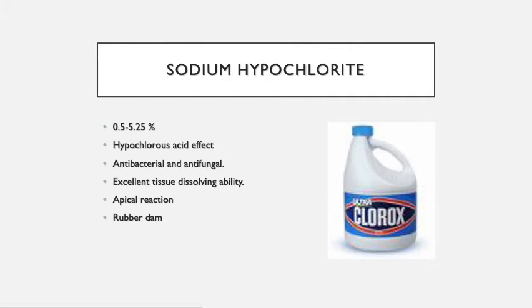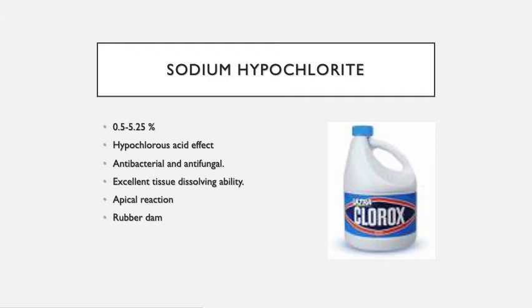Again, talking a bit more about sodium hypochlorite, since it's the most commonly used irrigant, it usually occurs in concentrations of 0.5 to 5.25%. That's the highest concentration that you can get. Even the pure Clorox or the pure sodium hypochlorite, you will get it in that percentage, from 0.5 to 5.25. It mainly works by dissociation into hypochlorous acid. It has both antibacterial and antifungal effects, and it has an excellent tissue dissolving ability, so it can be used when you have